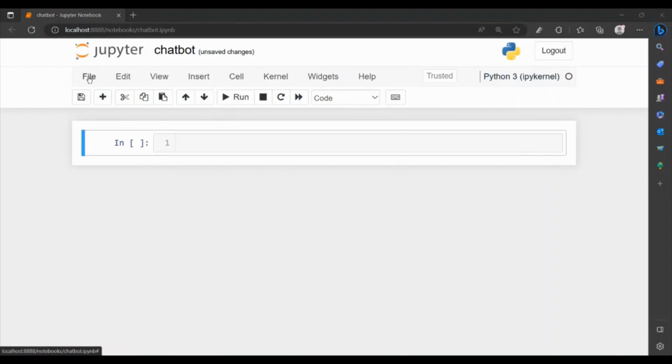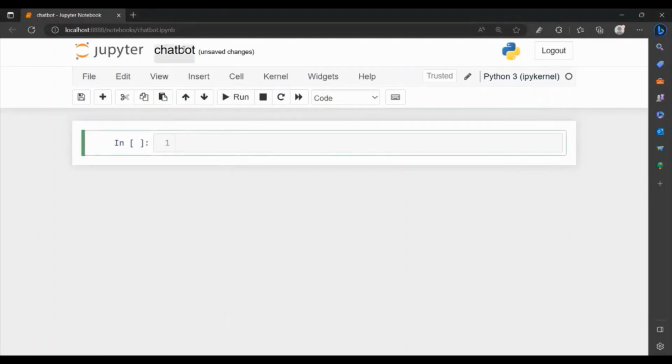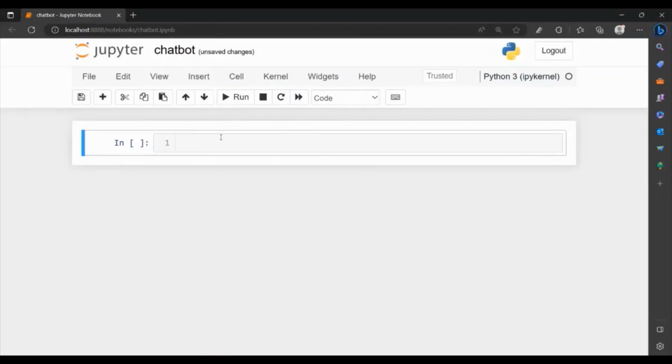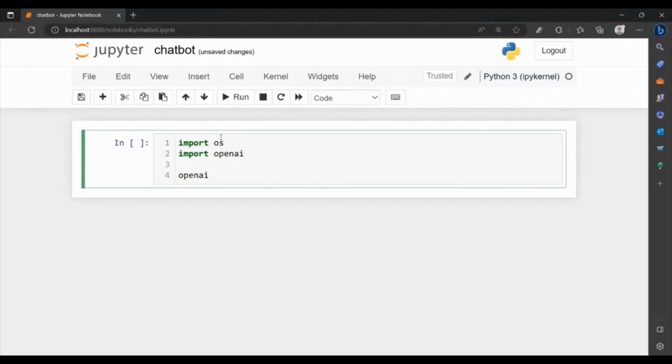Let's try how it works using a Jupyter notebook. In File, go to a new notebook and click Python 3. This creates a new notebook. Here, you can go and change the name of the notebook. I have already named it Chatbot. The first thing to do is to set the API key. So I import os and import openai. And in openai, I set the API key to